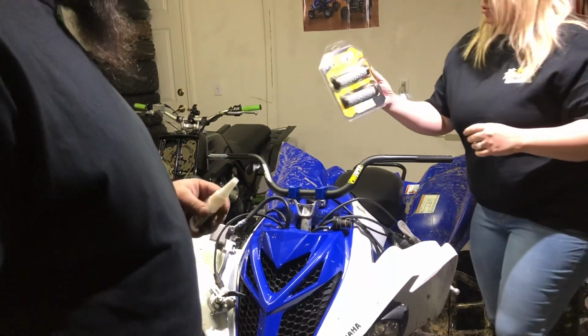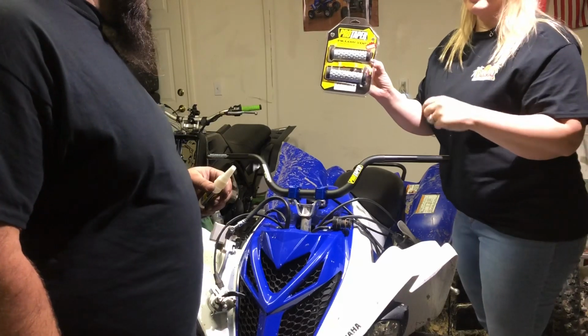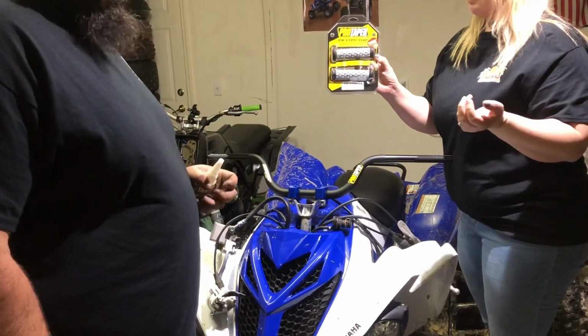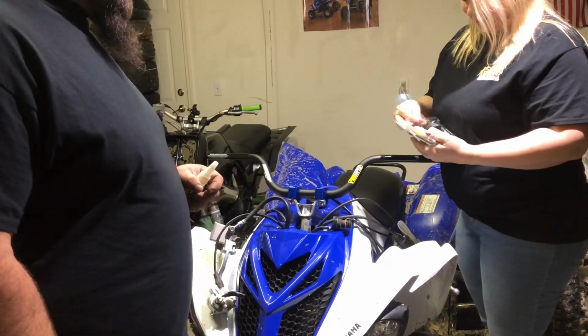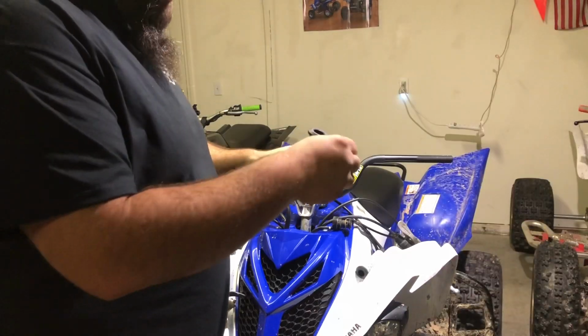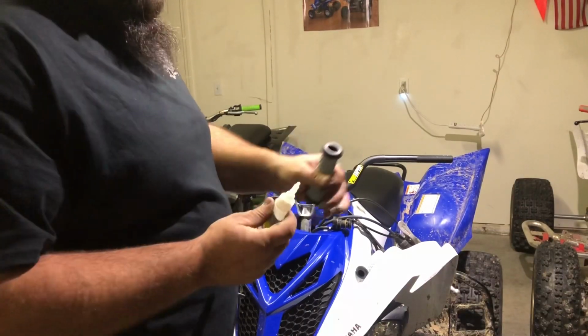So I like to use these ProTaper pillow tops because they're as close to riding with pillows on your hands as you can get on a dirt bike. They're pretty comfortable, yes. They're soft and they have a nice texture where they're grippy enough, but still soft enough. The way I like to do it, and I'm sure everybody has their way,